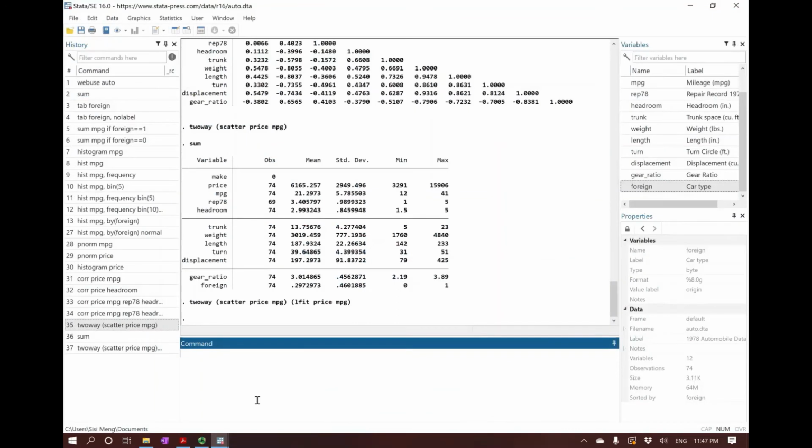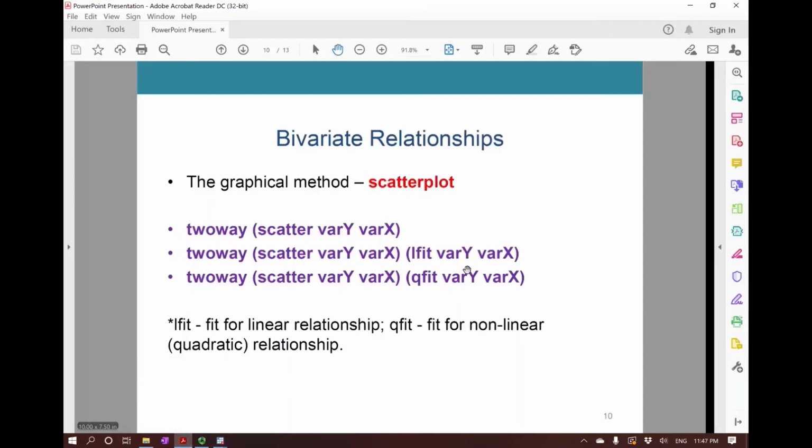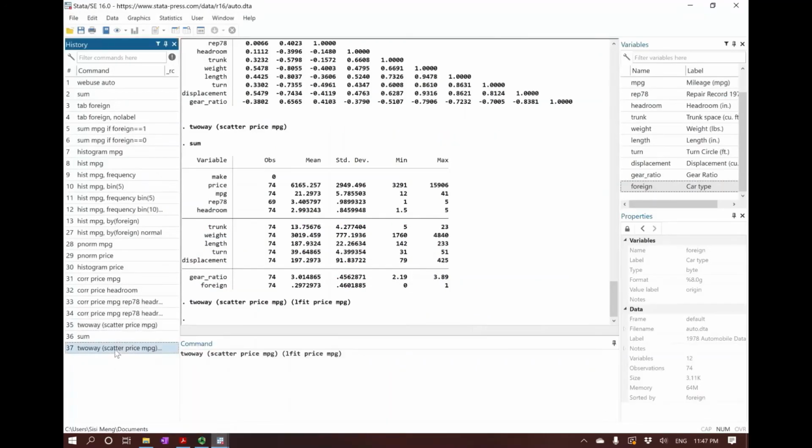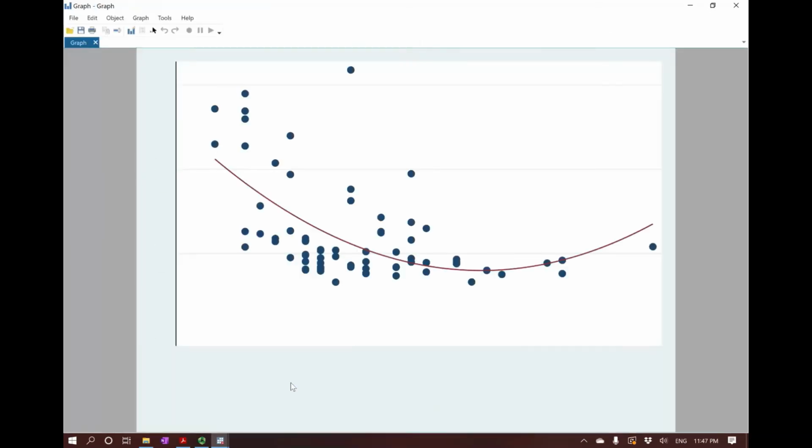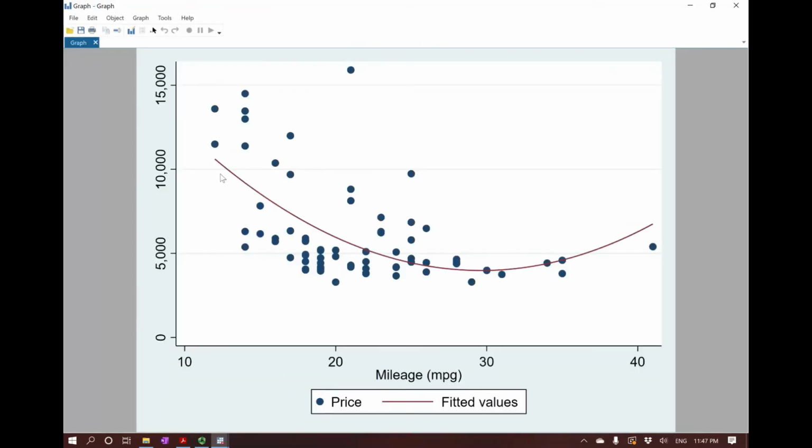Okay. Alternatively, sometimes you could also check if maybe the bivariate relationship can be better presented by a non-linear relationship. This is where you could use qfit. This is where you fit your two variables according to a quadratic relationship, a quadratic fit. So now if we do a two-way scatter plot and at the same time create a quadratic fitted curve, click enter, we'll see that the relationship between price and MPG probably fits better with a non-linear relationship, meaning